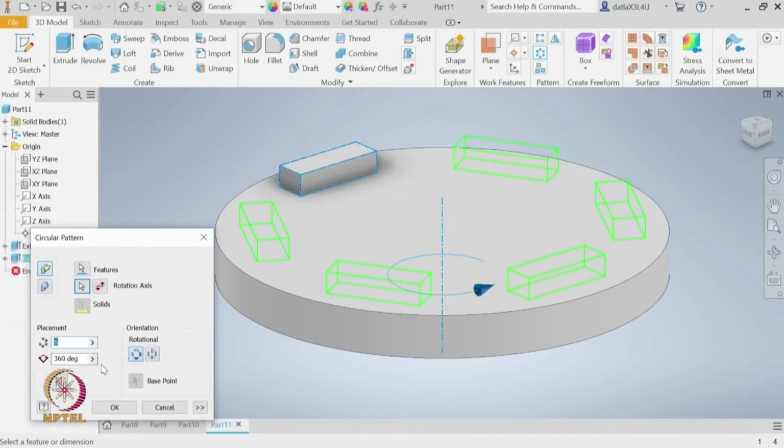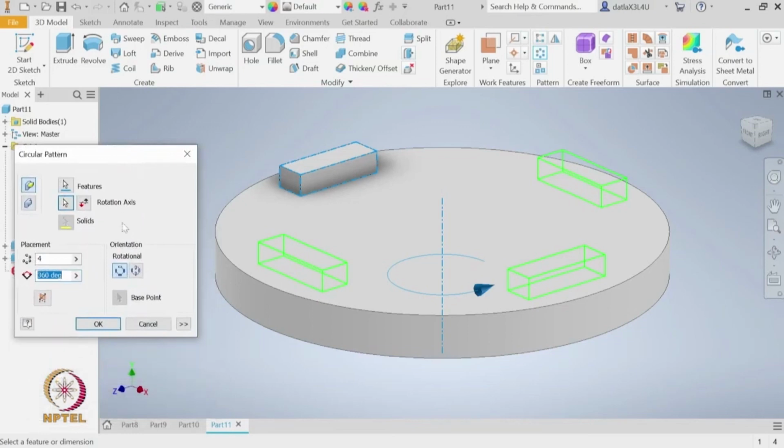So, 6, and what is the angle? I can change from 6 to 4, and the angle let us say is 360 degrees. This is one way of selecting the rotational axis, but let us say there are other ways to select the